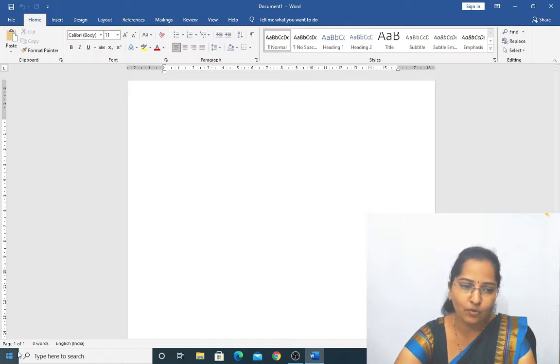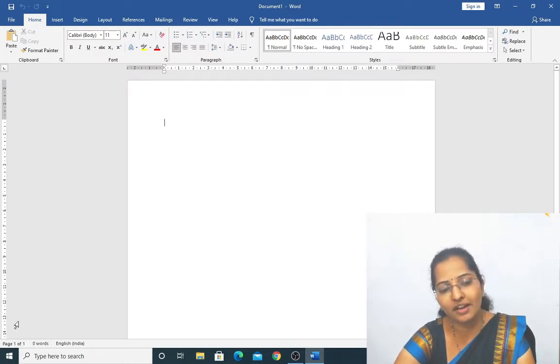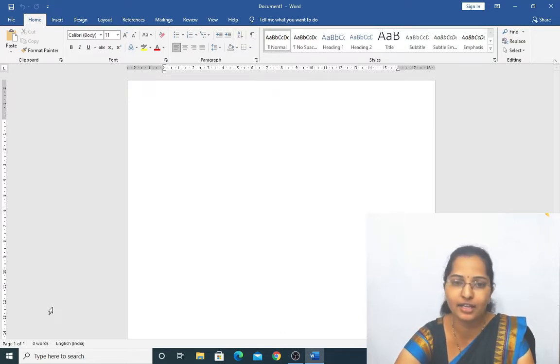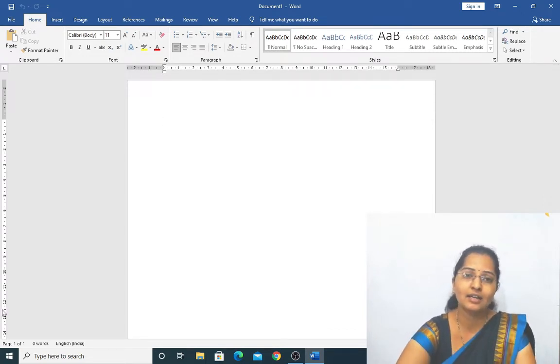And what is this? Page 1 of 1, bottom left corner. It is the status bar. The status bar shows the total number of pages we have created in the document, means how many pages we have created in MS Word. These all are components in the MS Word window.